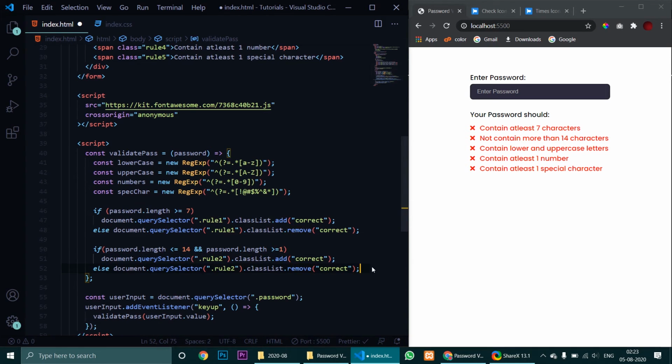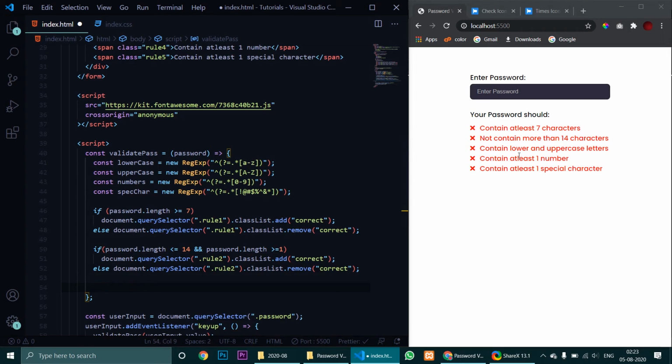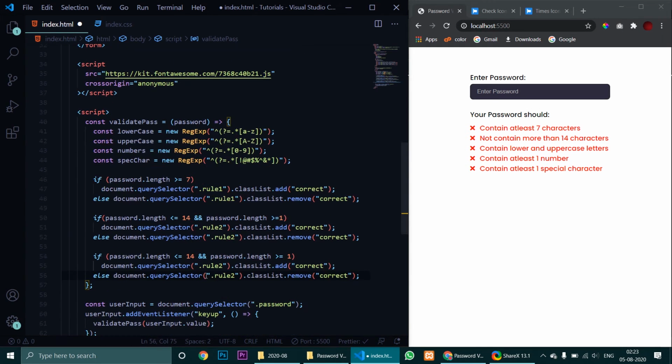Now the next condition was it should have lowercase and uppercase letters both. Let's just copy it. So to check for lowercase and uppercase letters, we will need to use this object lowercase and this object uppercase.